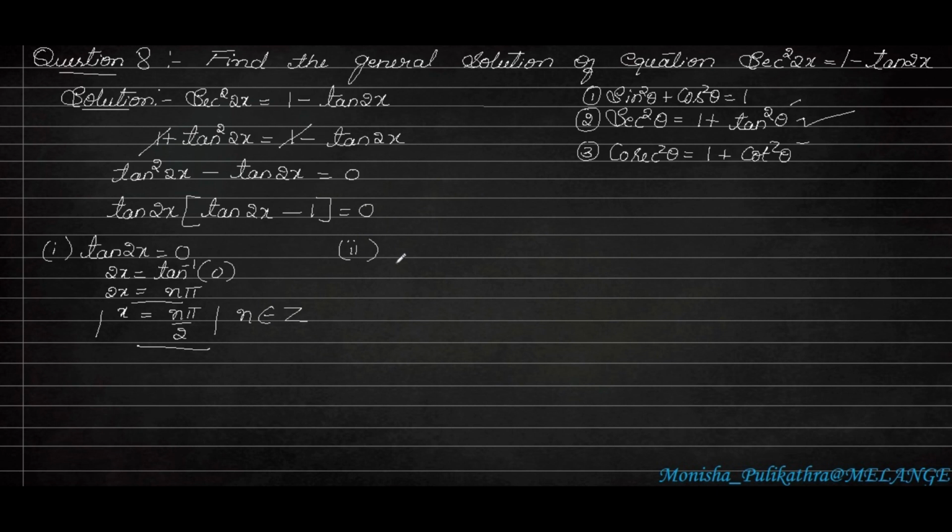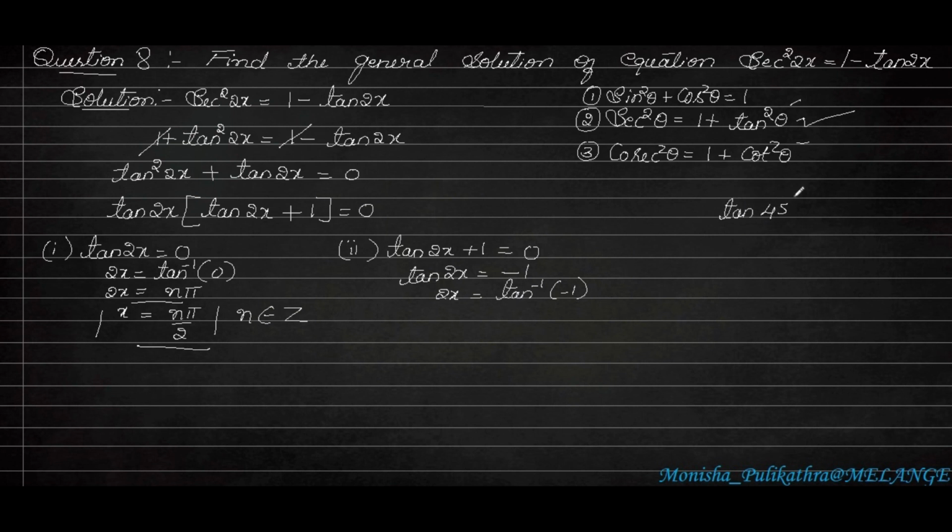So next one is tan 2x. Oh, sorry. Here we have to apply plus here because it is moving from right to left, and this minus will become plus. Okay. So here tan 2x plus 1 is equal to 0. So next I will be shifting, tan 2x is equal to minus 1. So 2x is equal to tan inverse of minus 1. But in the table there is no value minus 1 for tan. But there is a value.